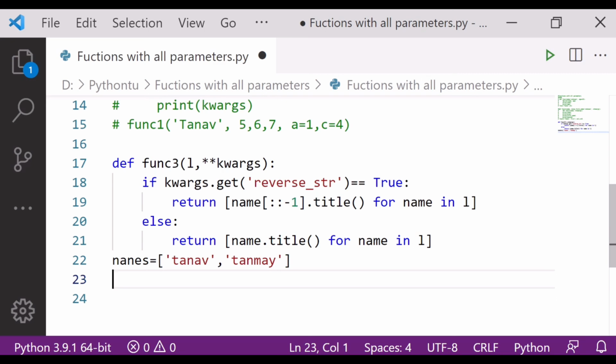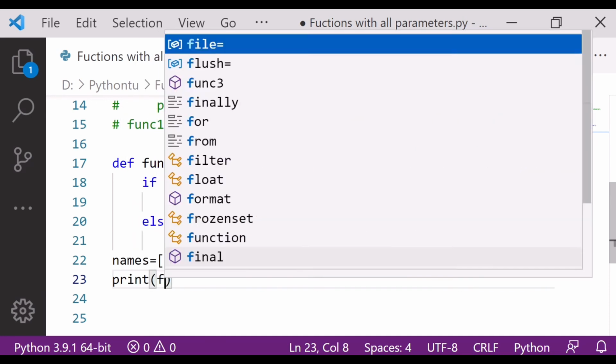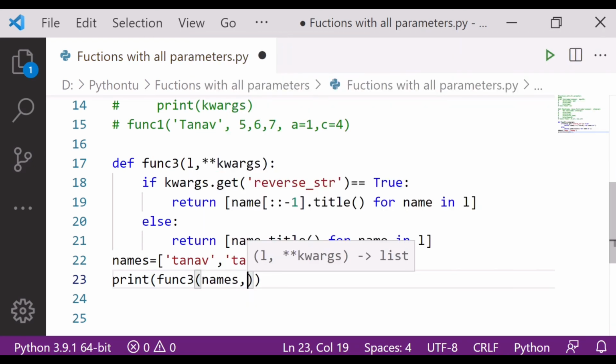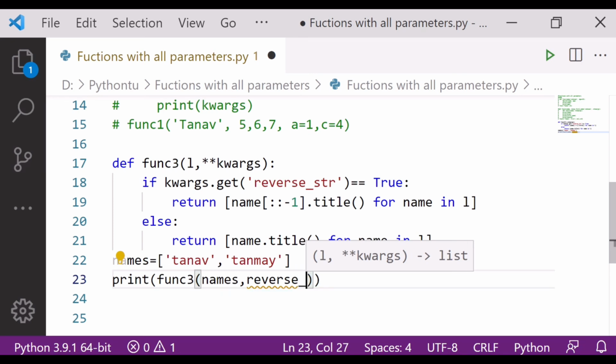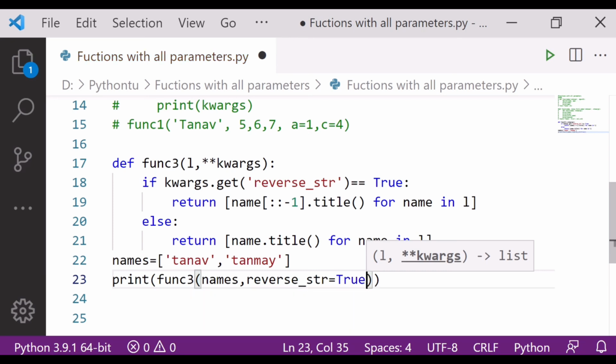After that I'll print names. I have to simply print the function: print function 3, names, comma, reverse_str is equal to true, we can write it like this also. So let's run this program and check.